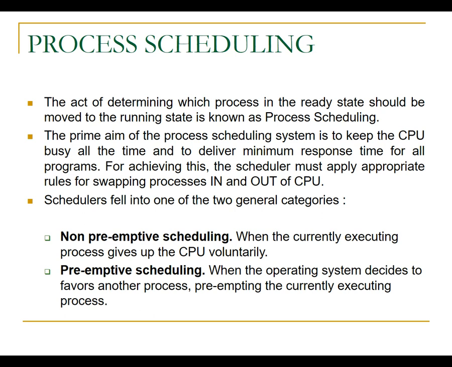Now during this process control block, process scheduling should be maintained by the central processing unit also. That means once the first process gets executed successfully, the second process, without wasting more time or taking any confirmation from the central processing unit, should be executed in the process state diagram. That can be done using process scheduling. What does it mean? Process scheduling is the act of determining which process in a ready state should be moved into the running state.